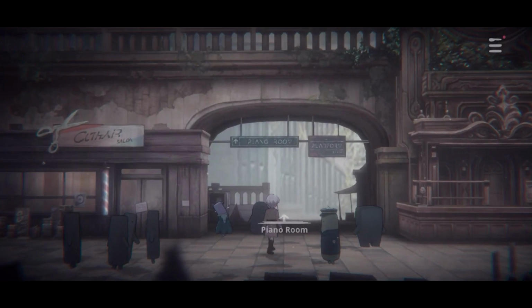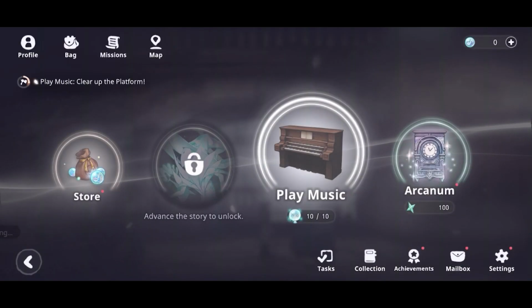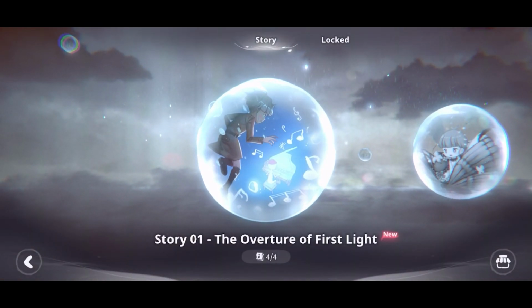Let's look at our mission. So if I hit up here, we go to missions. Play music, clear out the platform. We need to play more songs to clear up more areas around Central Station. So just play music in general? Is that what it wants me to do? Alright, I can do that. So presumably we just dive in here and then we pick...